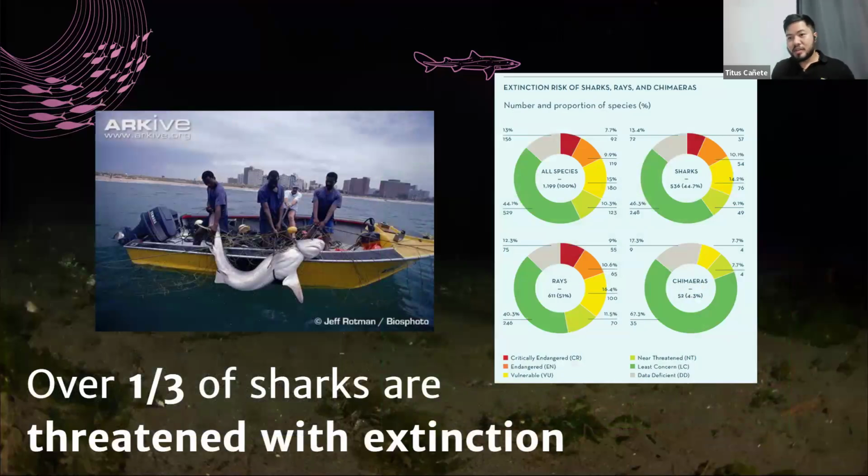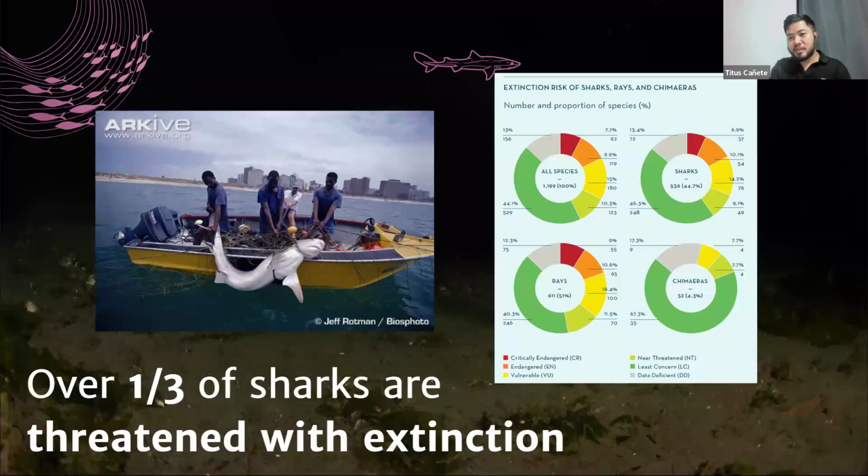But it's not all sunshine and rainbows for these species. A third of these sharks are threatened with extinction, and over the last century, especially through fisheries, they've had a significant impact on sharks, which is compounded by habitat loss and climate change. So sharks are one of the most threatened taxa in the marine environment. They're only second to amphibians on a global scale. So that's basically why we study sharks.